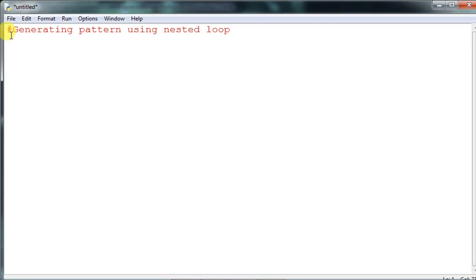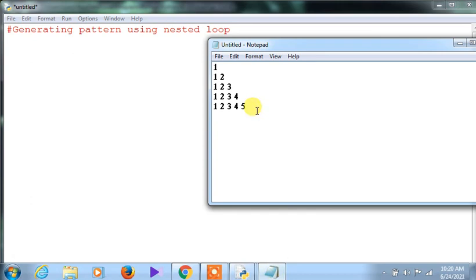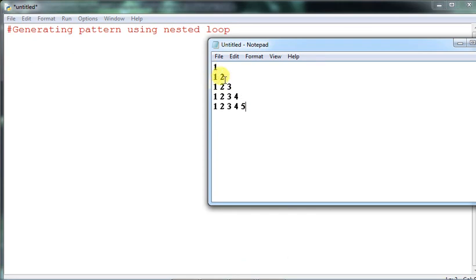In the first session I explained what a loop is, and in the second session we are coming to the nested loop. Here, how many rows are there? There are 5 rows, and every row starts with 1. The outer loop has executed 5 times, but the inner loop has executed as many times as we mention. The first time once, the second time twice, third time 1 2 3, fourth time 1 2 3 4. This is the best way to understand the nested loop.